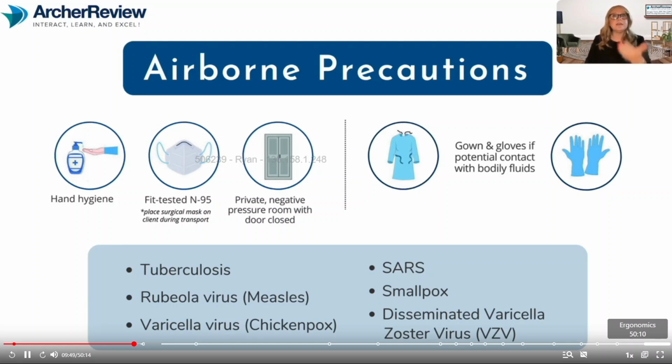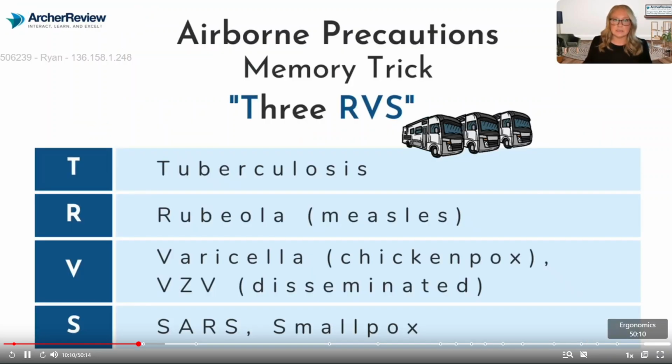It's breathing in the infectious particles. So, wearing the respirator, the N95, that's what's protecting me. I only need the gown and gloves if I suspect, hey, I might come in contact with these bodily fluids. My memory trick for those most common infections I need to implement airborne precautions for: